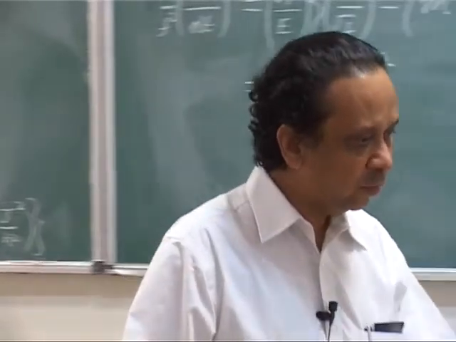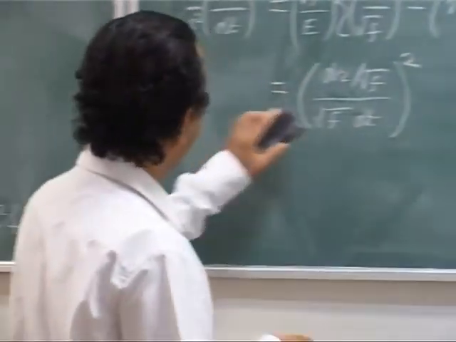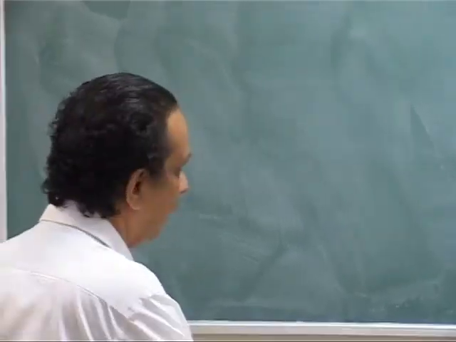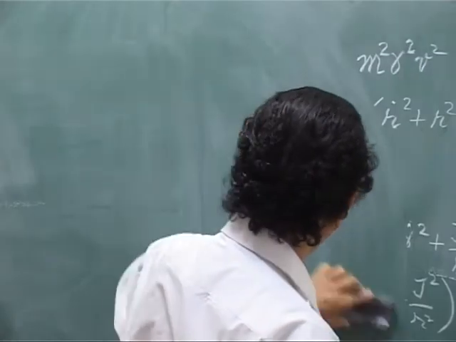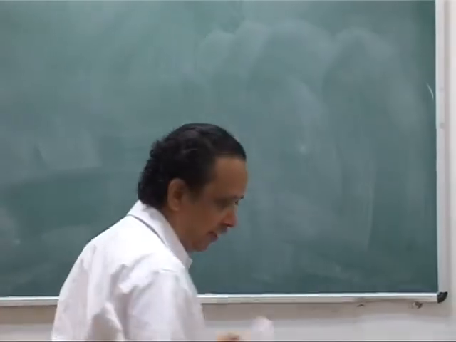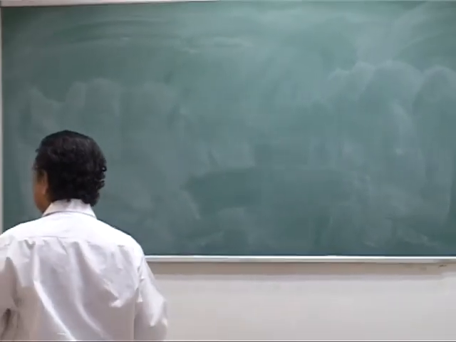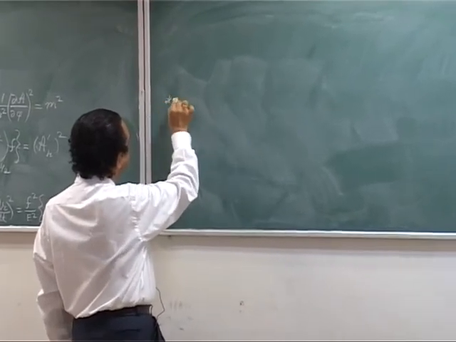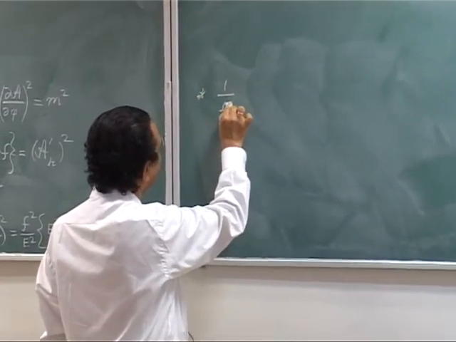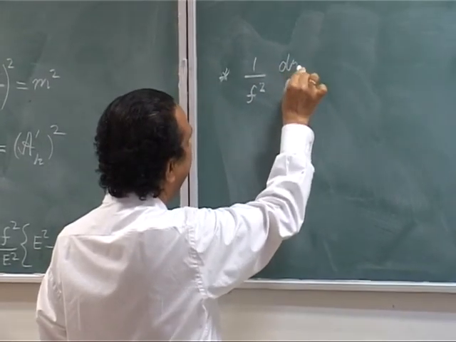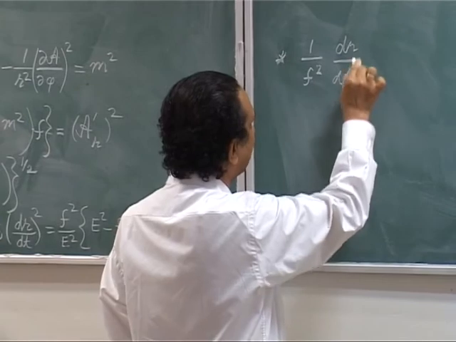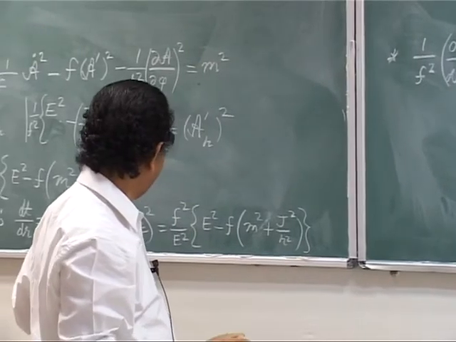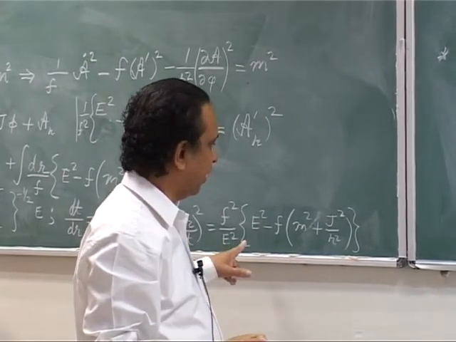Now, there is one more thing which I want to describe at this stage before we go further, and that will be also useful later on. Let us take that equation again and write it in terms of an effective potential. So, this equation can be written as 1 upon f square dr by dt, the whole square, that is I have taken the f to this side,